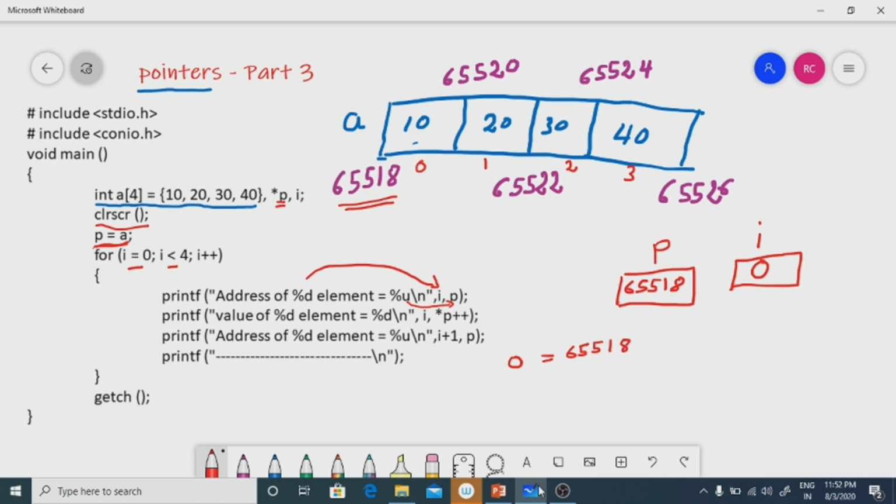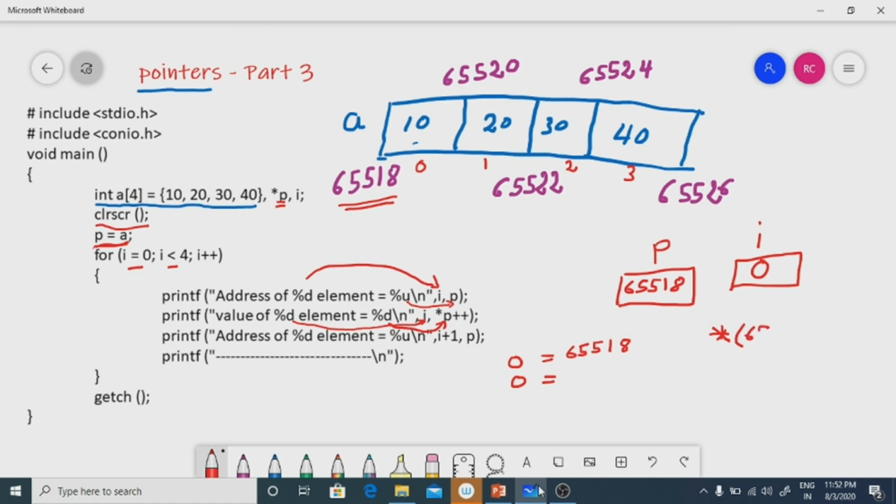65518. Next printf statement: value of %d, this %d corresponds to i, that is the value of the 0th element equal to. Now this %d corresponds to *p.